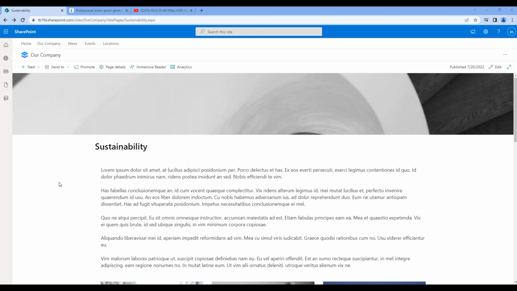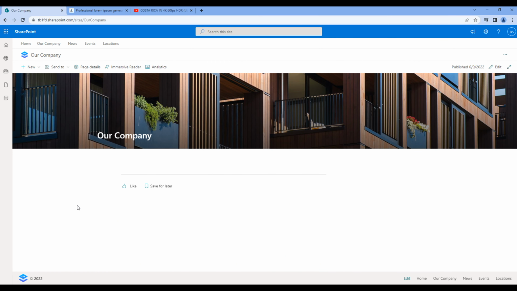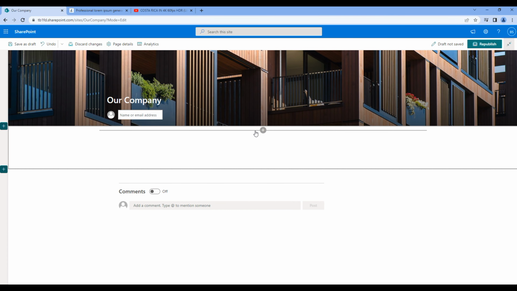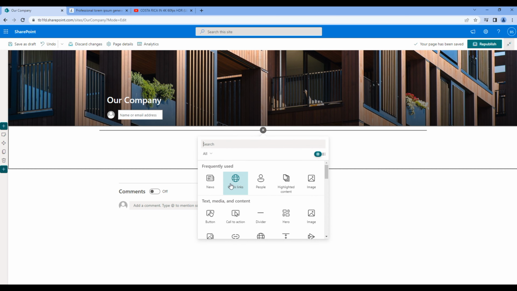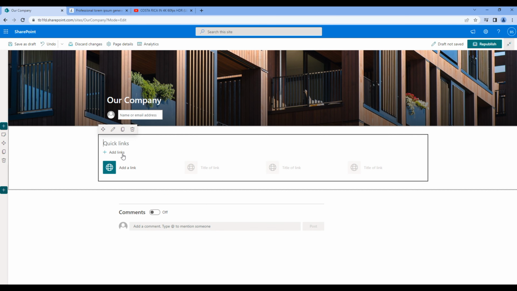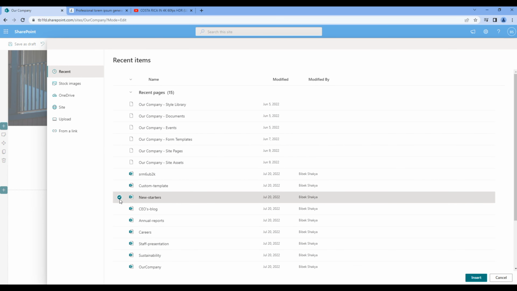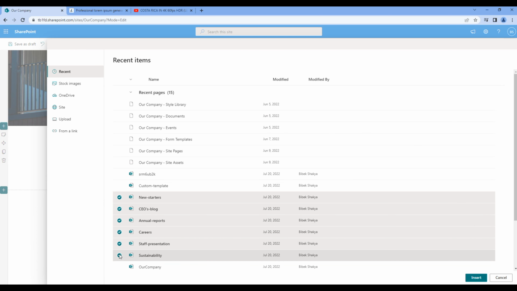Now let's show these pages under our company. So edit the site, remove the text web part and instead add quick link web part. Click add links, choose the pages, click insert,